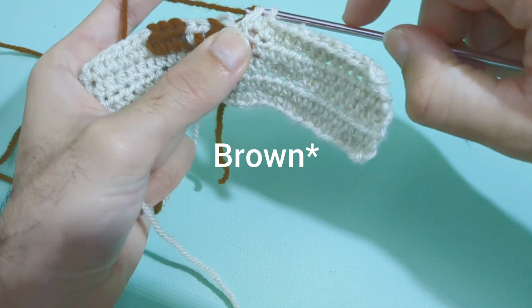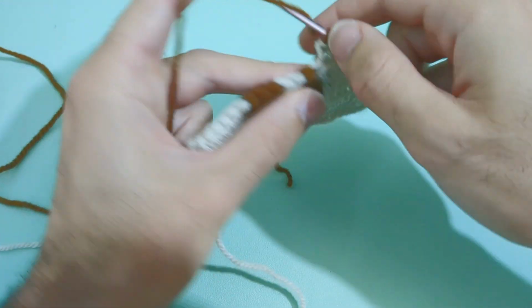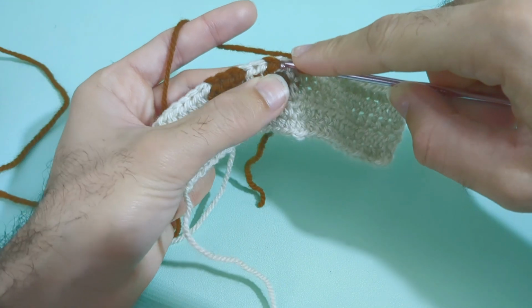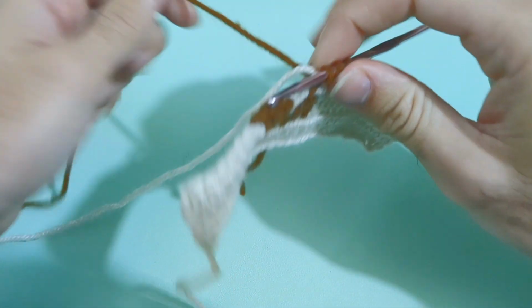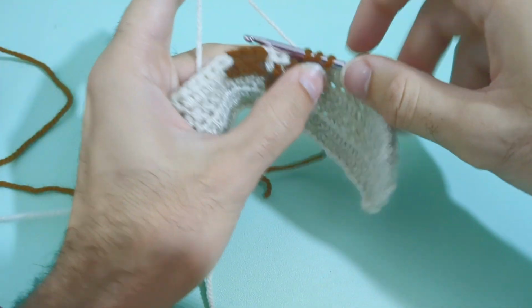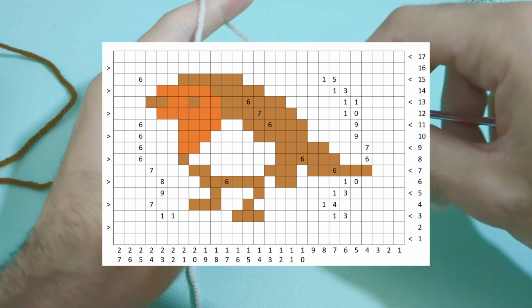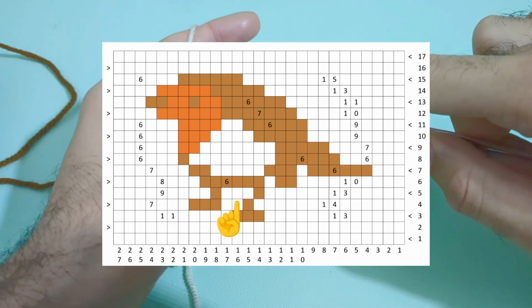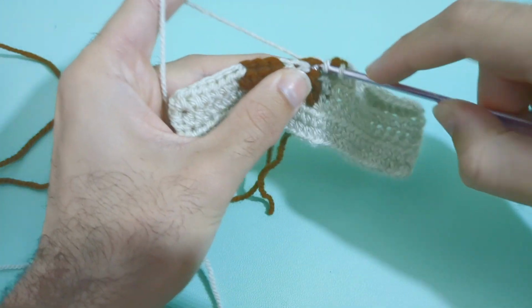We're going to pick up the grey yarn and we're going to do half double crochet into the next stitch, picking up that grey yarn at the back, drop the brown yarn, pick up the grey yarn, complete the half double crochet, and now we're doing 3 half double crochets in the main coloured yarn, making sure to pick up the brown yarn,